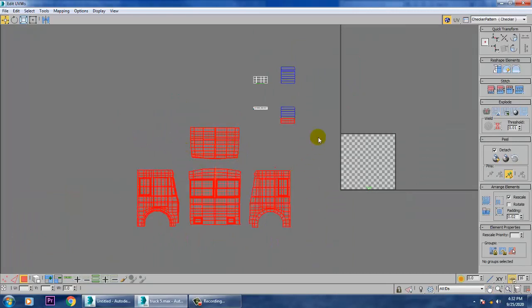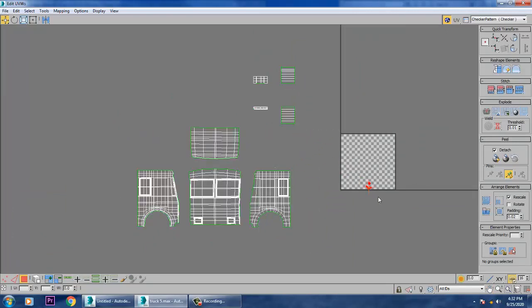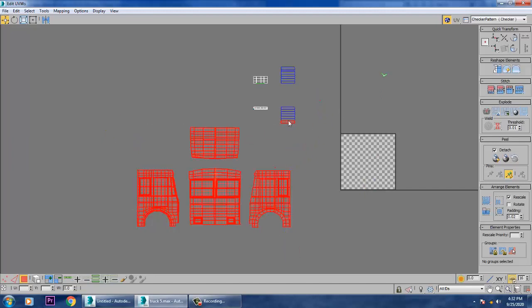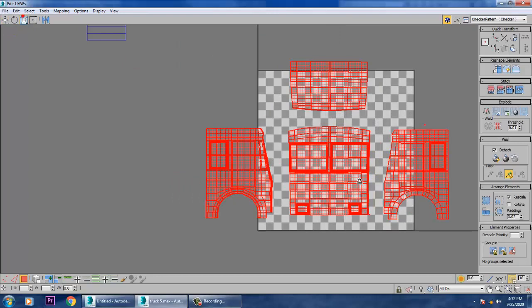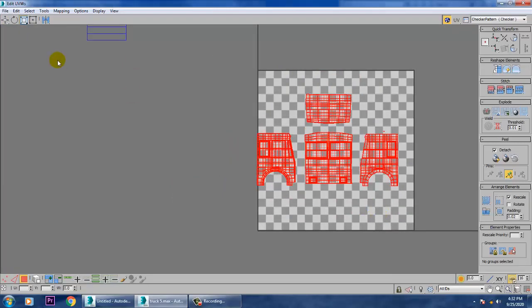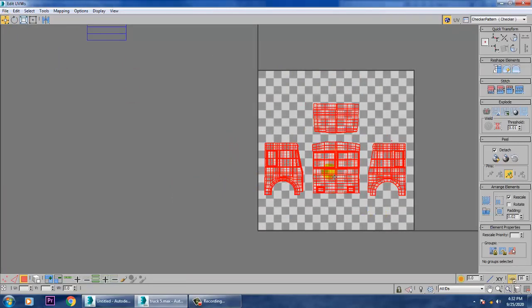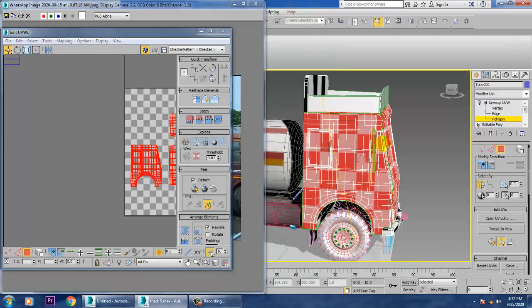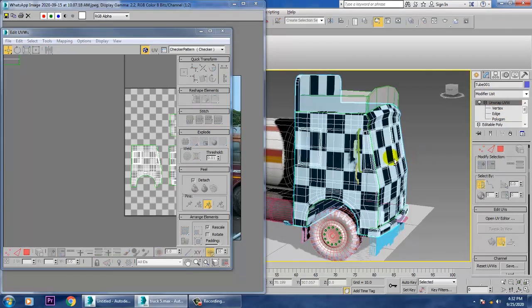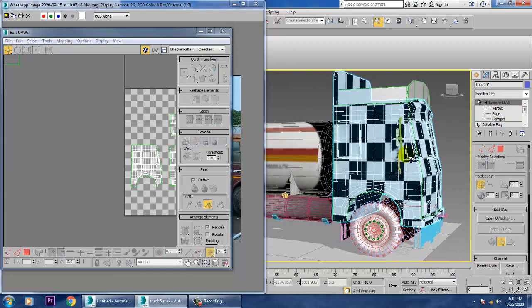As you can see over here, we have unwrapped this whole part, just scale it and push it inside in this. Alright, so let's go into this and say end isolate over here. As you can see, we have just unwrapped this part over here.